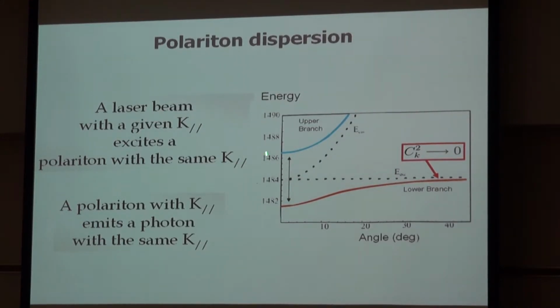This is at zero angle, if we shine light perpendicular to the cavity. If I look at the energy level as a function of the angle of the K vector of the photon or of the exciton in the plane of the quantum well, the photon has an energy which is parabolic,